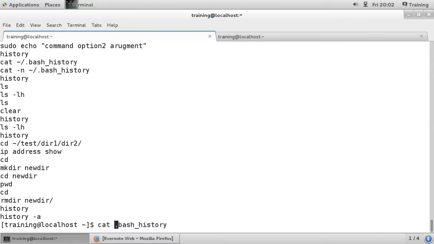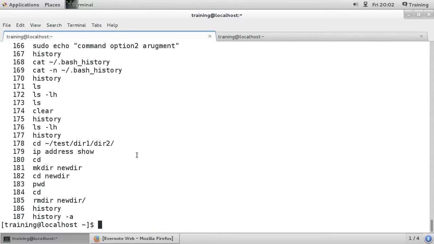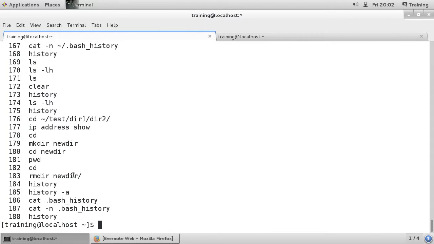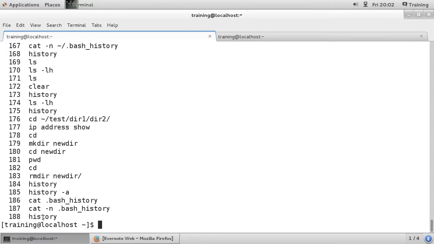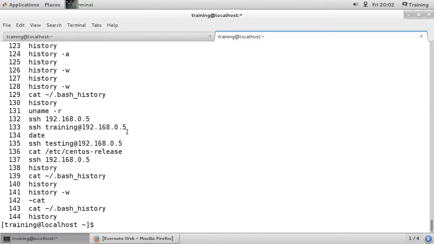Now if we do the -n, you can see it's got 187. History probably shows 188 now. Yep, 188 with the new command. So over here, we've appended the history, so it's probably going to have 184 or 185 in here. So if we cat -n .bash_history,